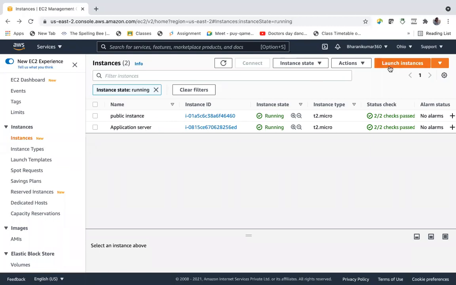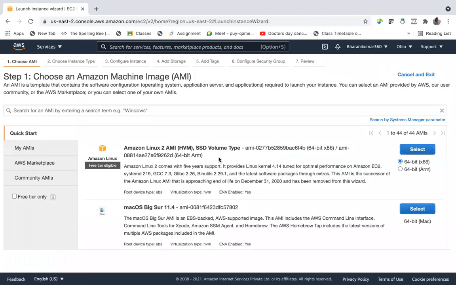Let us launch one more instance. And this time I'm not choosing this AMI. I can create an EC2 instance with a regular Linux AMI and then install NAT, network address translation software, into it. Why? Because the instance which we are going to create now is a jump server.